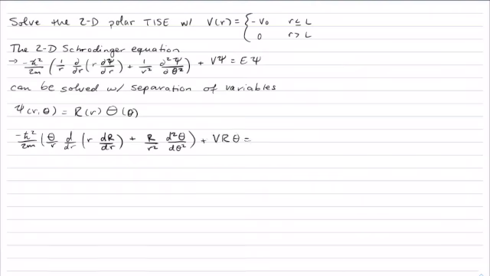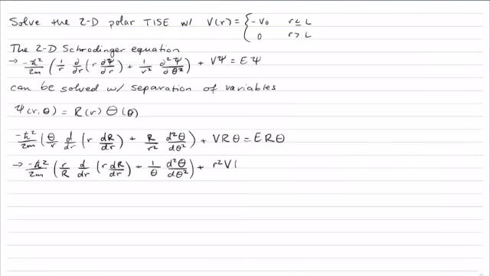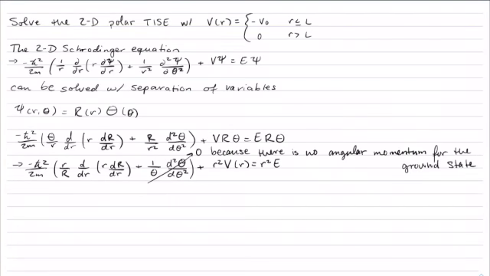And as it's rewritten, we'll see that we'll have these terms that only depend on r or only depend on theta, making it so that then we can solve this quite simply. And in fact, because we know that there's not going to be angular momentum for the ground state, we can set that theta portion equal to 0, and then we only have to deal